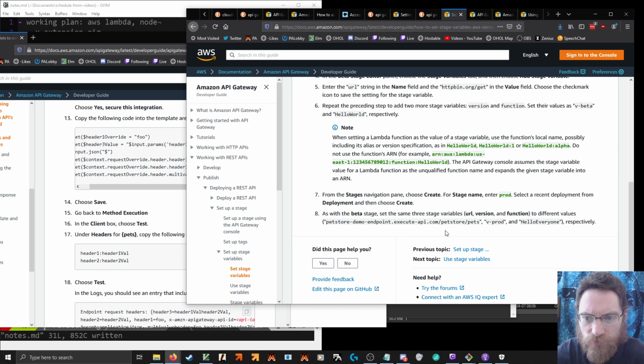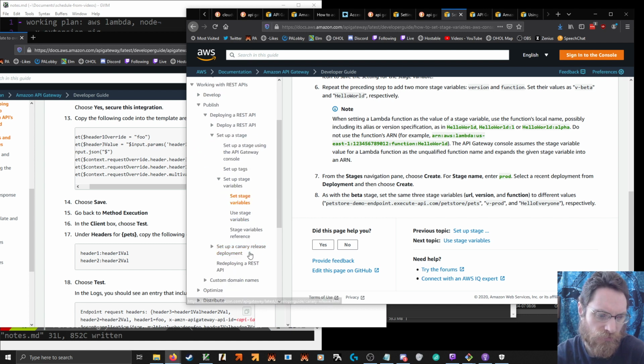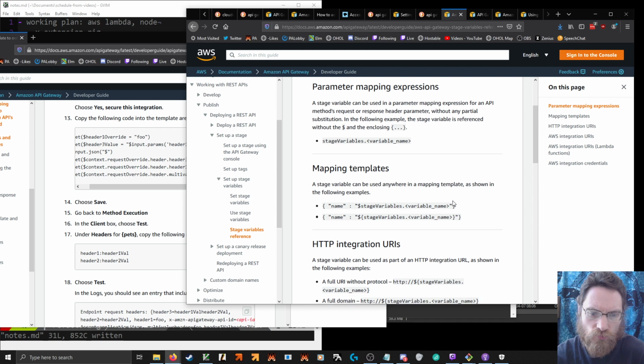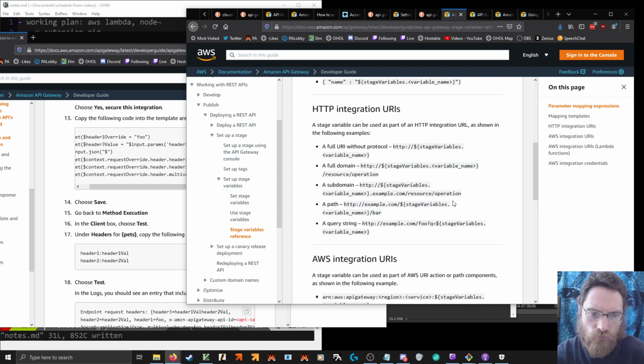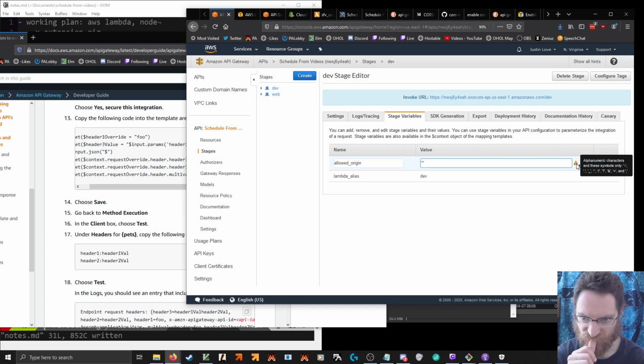Stage variable for lambda functions. That seems like a stage variable names. Was I typing in the wrong field? Alphanumeric characters.